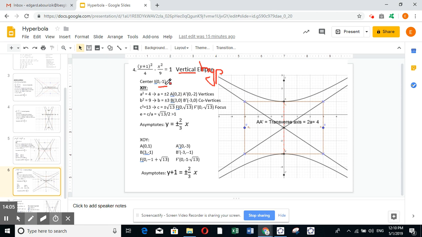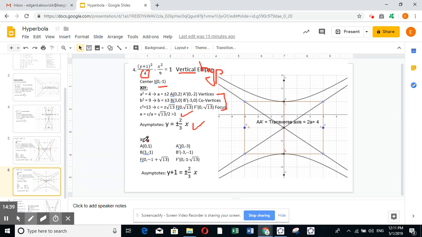So 0, minus 1. Since it's vertical, a square, as we said, is always 4, because vertical. So 0, 2 and 0, minus 2. It follows the focus, which is radical 13, the sum. So it follows this one: 0, radical 13, and 0, minus radical 13. B squared is 9, it's parallel to the x-axis. So 3, 0 and minus 3, 0. Eccentricity is c over a, bigger than 1, and the asymptote is y equal plus or minus square root of under y over under x, so 2 over 3